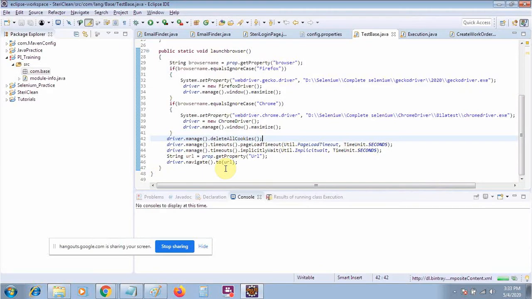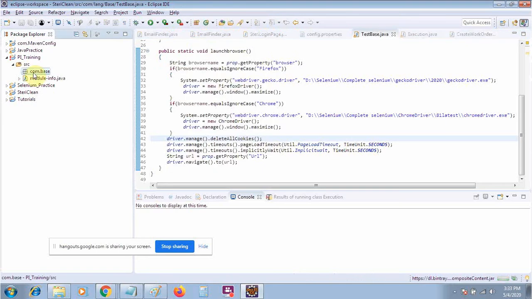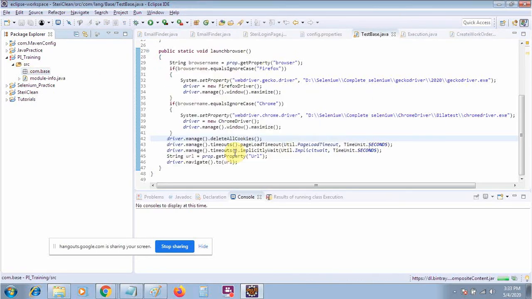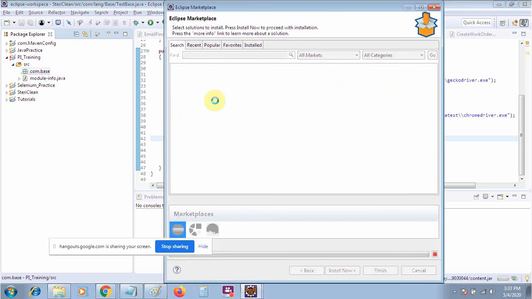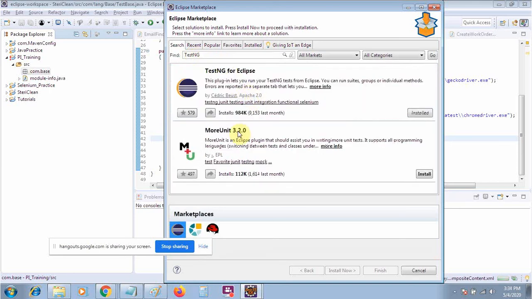You will need to download the test engine because we will use the test engine framework as well. You can download it in two ways. Go to Help and click on the Eclipse Marketplace, and in the marketplace you will get a list of the tools or software available, and then you have to find whatever software you want to download, but it is not a recommended way. Suppose you want the test engine, you search for it here. I have already installed it, so it is appearing, otherwise it will appear as install. The second way is this.